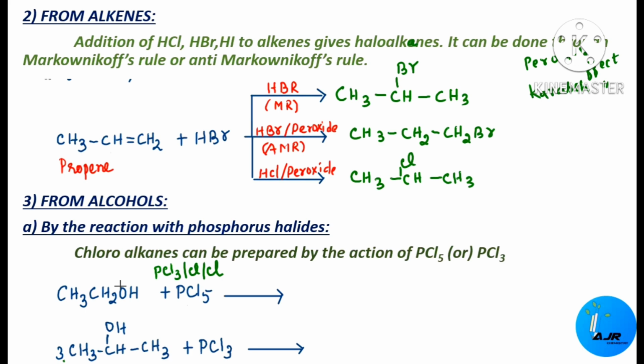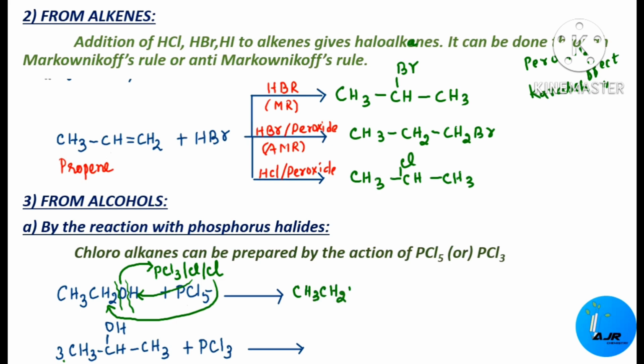See here, this oxygen will be getting split like this. So this O will be getting added up to this PCl3, and this Cl will be getting added up to this H, and this Cl will be getting added up to this CH3CH2. Now can you tell me the product students? See here, Cl is getting added up to this one, is it not? So the product will be CH3CH2Cl